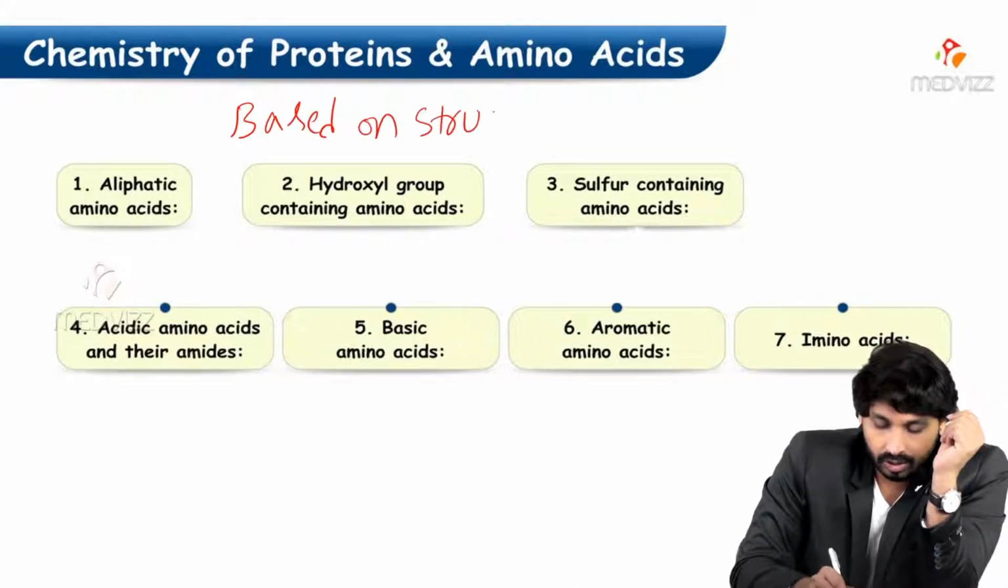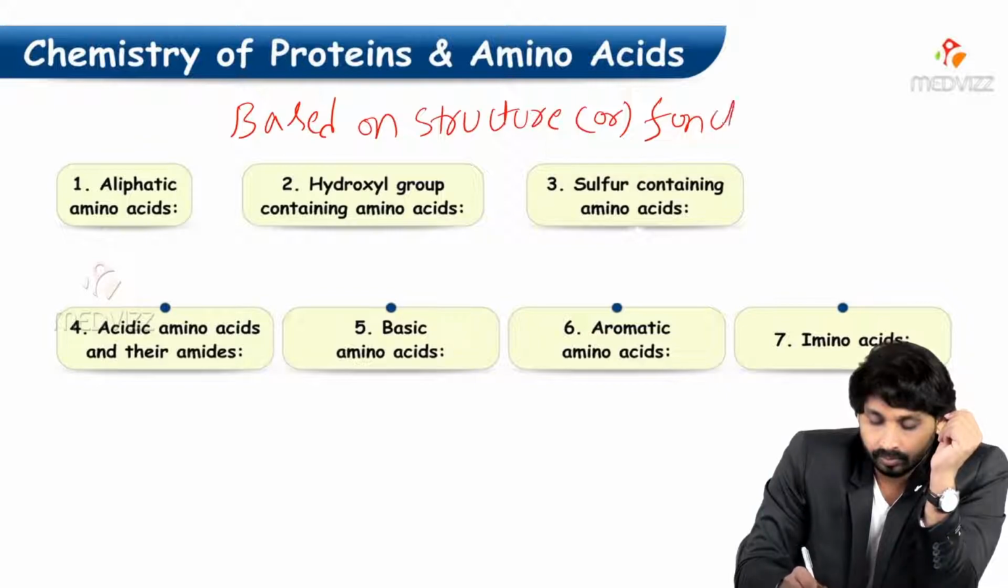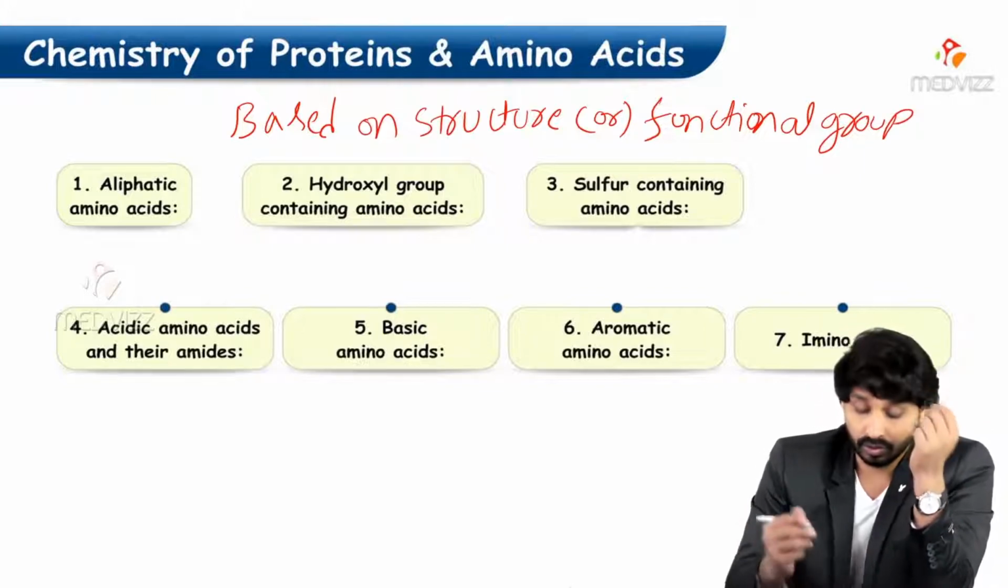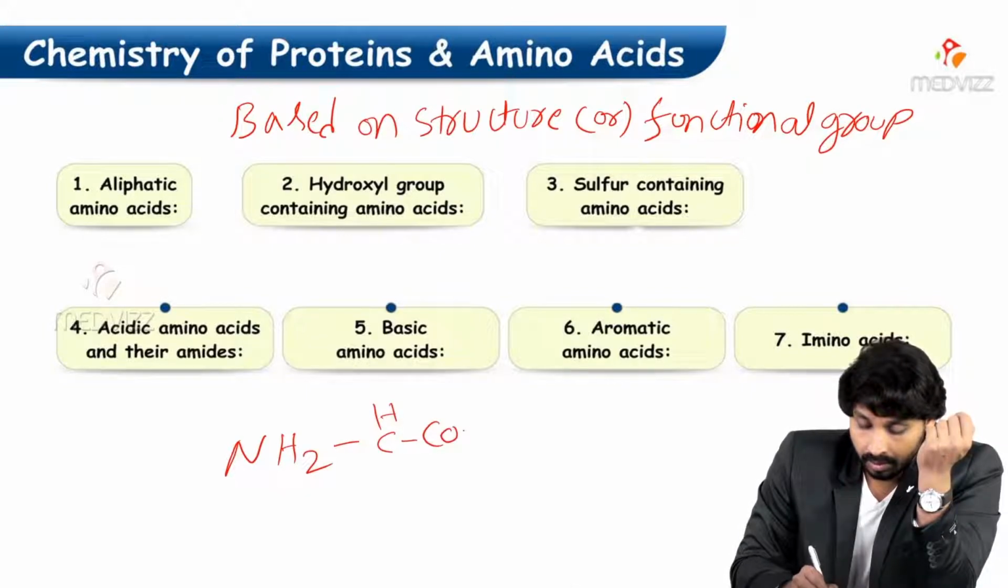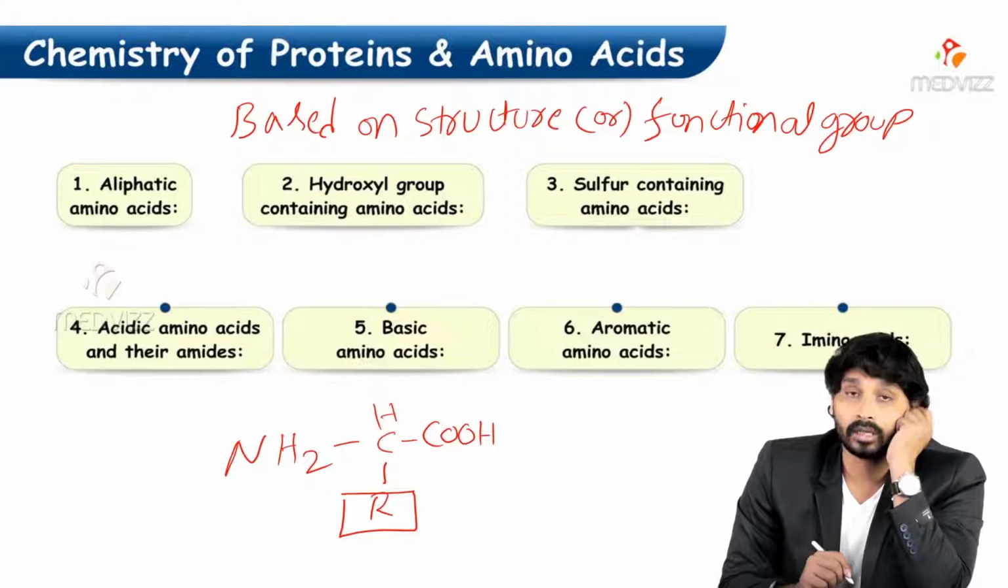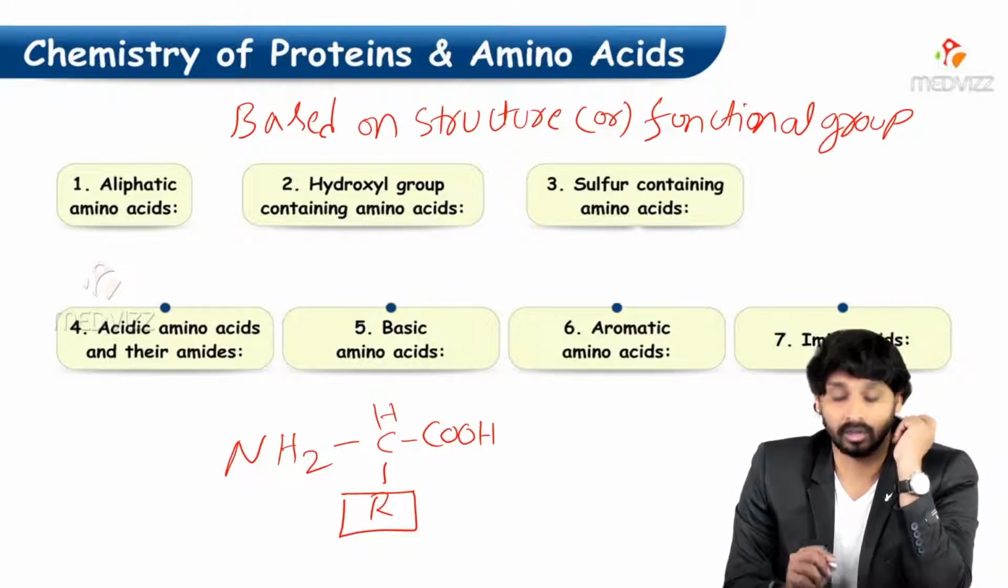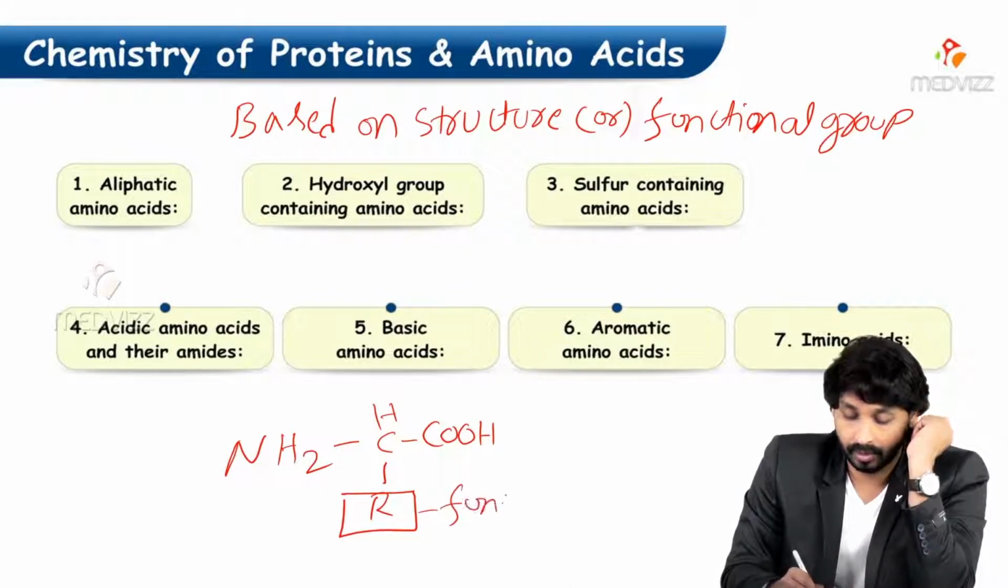Based on structure or functional group. So we know the structure of an amino acid, right? NH2, CH, COOH, and here this is the functional group. So based on this R, the one marked in the box I put, right,